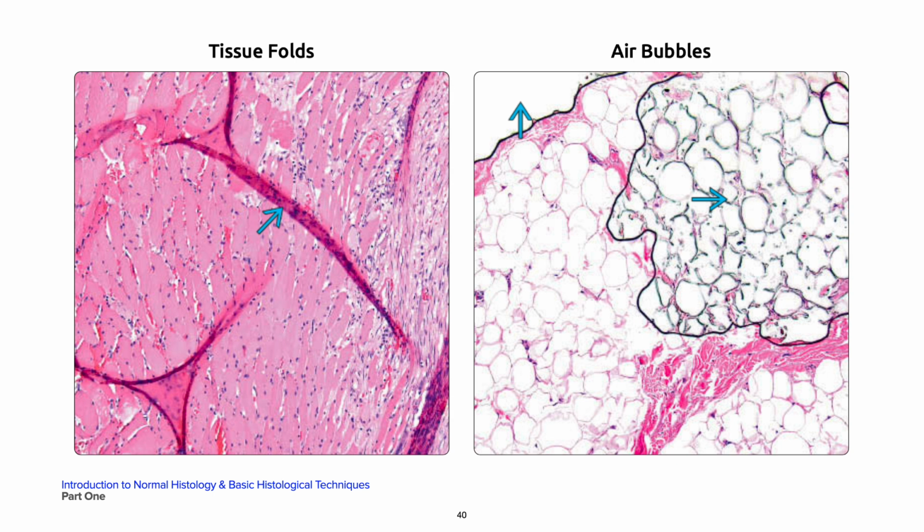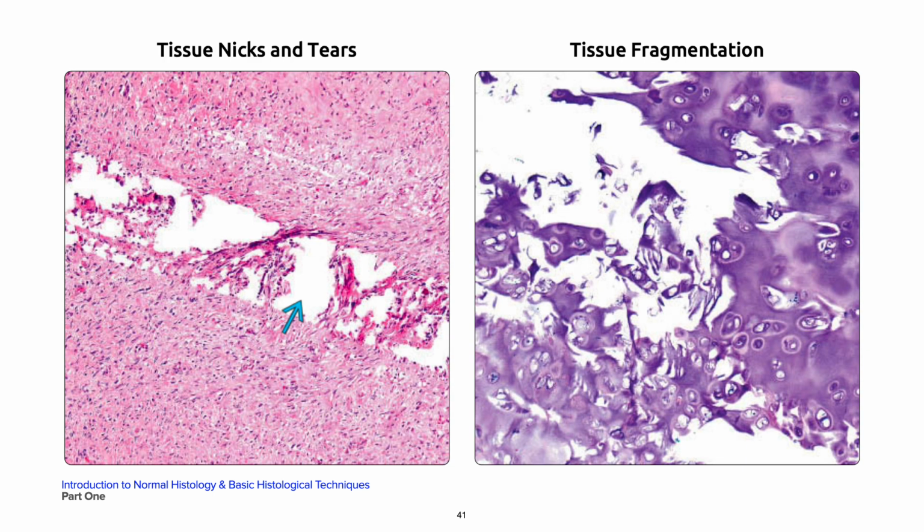Next general histologic artifacts is your linear breaks, shown in arrow on your left. These are tears that may be identified in tissue sections and are the result of blade damage during microtome sectioning of the paraffin block. Sometimes these tears have a repetitive parallel appearance and have been described as chatter. On your right, the fragmentation of tissue during sectioning and processing can limit or prevent adequate histologic evaluation, particularly in